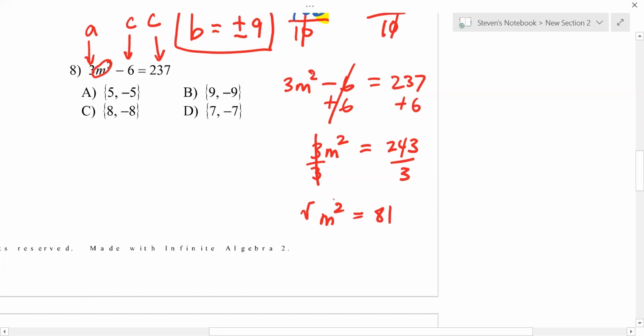So, and then we're going to take square root, cancel that. And we know that the square root of 81 is plus or minus 9, just like that last problem. So that's how you're solving those when the b term is missing. You don't have to do the completing the square. You can just solve by